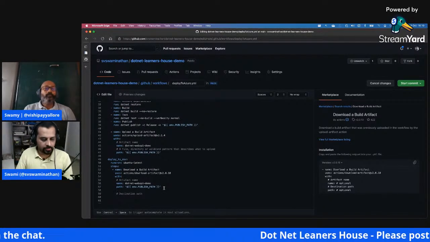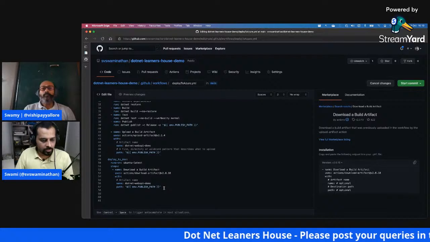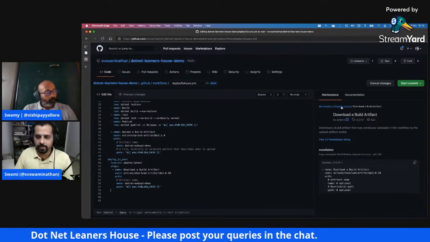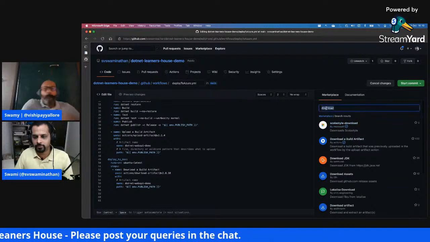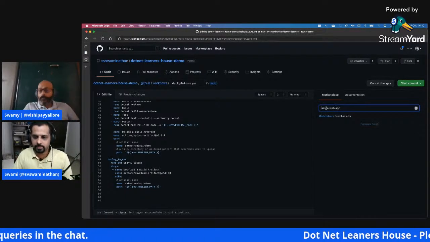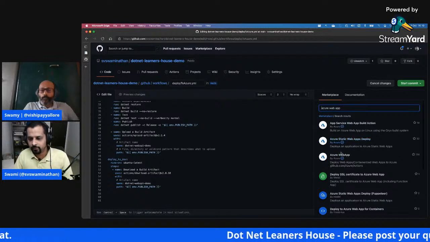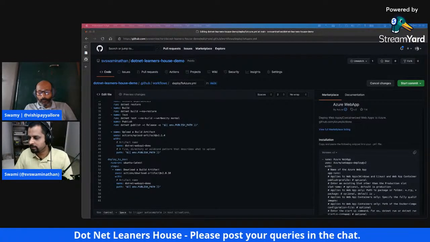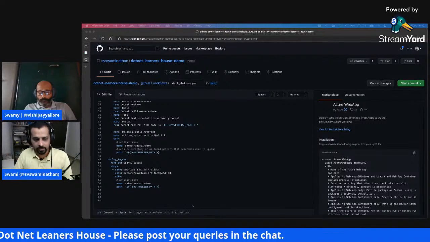This is just downloading the artifact, and then our next step is around deploying it into Azure, right? So for that also you can go ahead and search for Azure Web App, and you get ready-made snippets. Azure Web App deployment, and these are the different things it takes, and I'm going to simply copy paste some of those here as well.